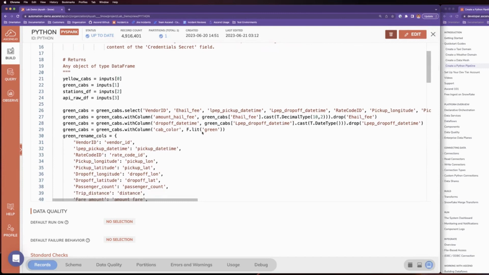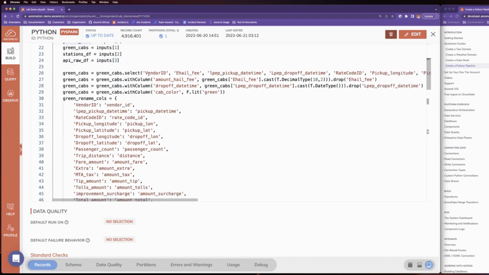But we'll just quickly go over some of the things that are happening here. So for example, we are getting our inputs, right? We saw Python transforms where you only have one input here and there. But in this case, we have four different inputs, because we're using all of these data sets in order to work with the data that we want. These will all be their own individual inputs, and then they're all their own data frame, right? I forgot to put the data frame or df suffix here, which is usually the common standard, but it doesn't really matter in terms of the actual functionality of the code.